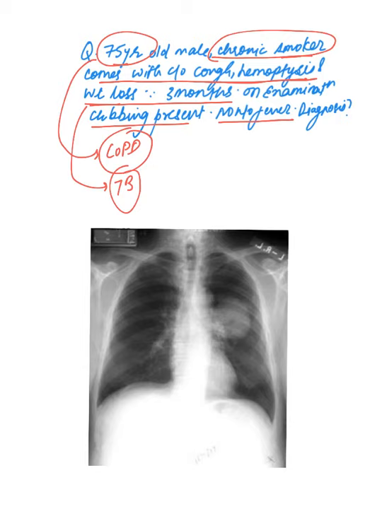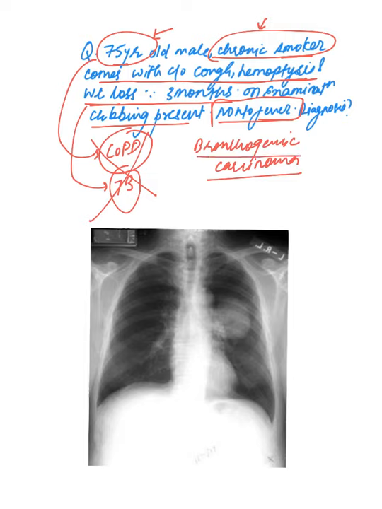So there is no history of fever, and we know that COPD and TB are not associated with clubbing, so we can rule these two common causes out. Now here is an elderly male who also has a risk factor of chronic smoking, which is a risk factor for bronchogenic carcinoma. So this should be at the top of our differential diagnosis, and we know that bronchogenic carcinoma is associated with clubbing.